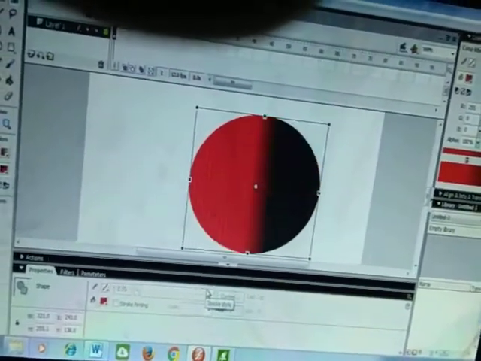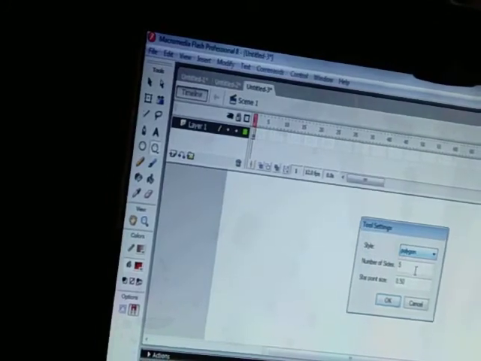I am going to remove this image and draw a polygon. How to draw a polygon? Select the rectangle tool. Just below the rectangle tool there is a triangular icon. Now select the poly star tool, and from the poly star tool you will click on option, and then there you have to select this polygon.